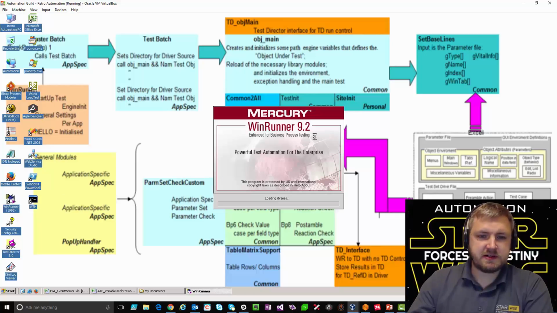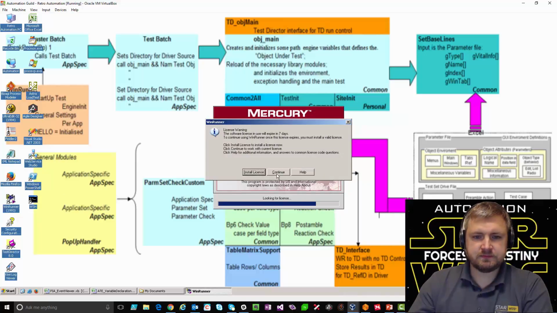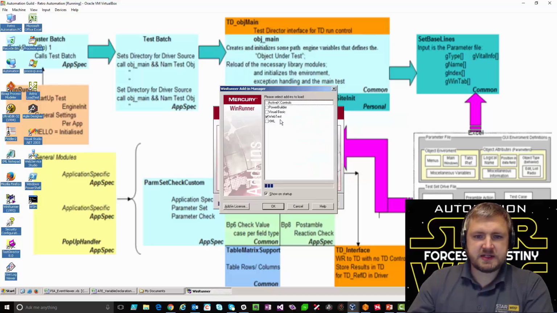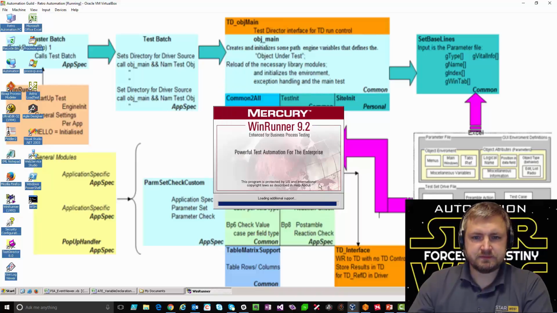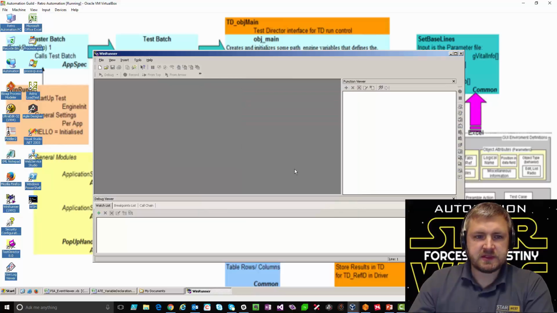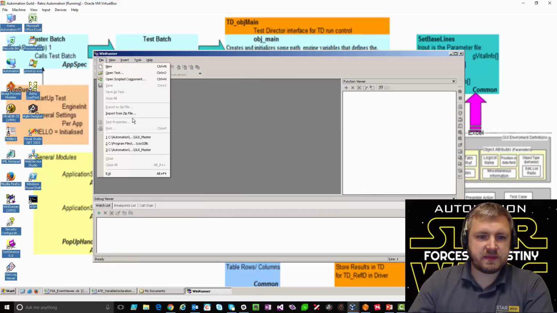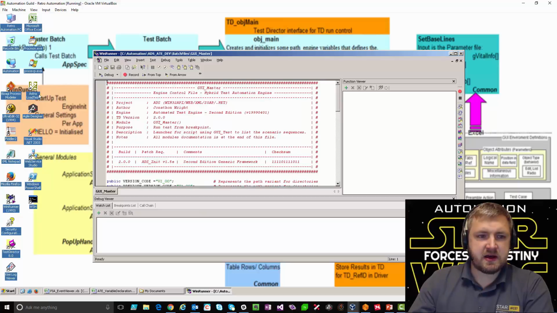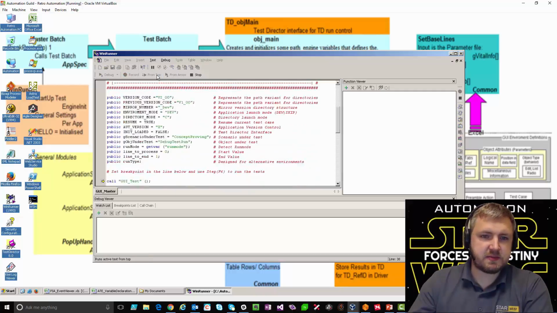So if I launch WinRunner, at this point I could enable any other add-ins, but in this case we're only going to stick to web testing. For this example, I won't be doing web testing. As you'd have noticed from the master driver file, it's the event viewer. So in this case, we're going to open the master file, which we talked about here, and then we're going to run it. So we're going to run from top. I'm not putting any breakpoints in.